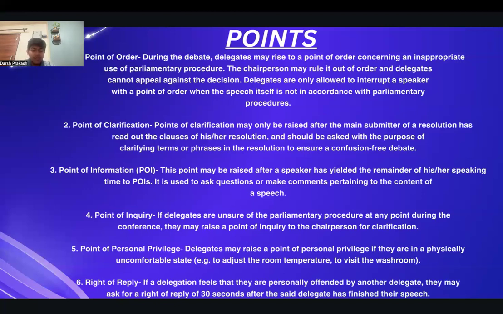And then comes point of personal privilege. Point of personal privilege is used if you want to go to the washroom or fill your water bottle. There are a few network problems, and then we have our interns in offline conferences who actually help you fix them. It can also be used if you're feeling very cold, sitting directly in front of the AC working at 16 degrees Celsius, so obviously it would feel as if you're in Iceland, Switzerland, or Jammu and Kashmir where it snows a lot. So you can get the AC's temperature fixed, or ask for it to be switched off and all that. So these are the basic points that you need to remember.